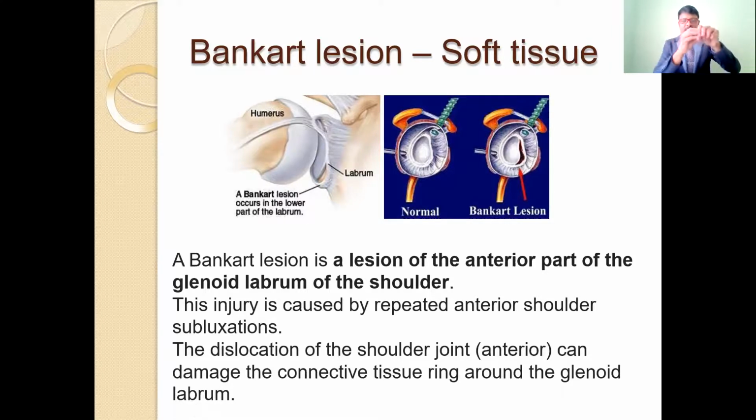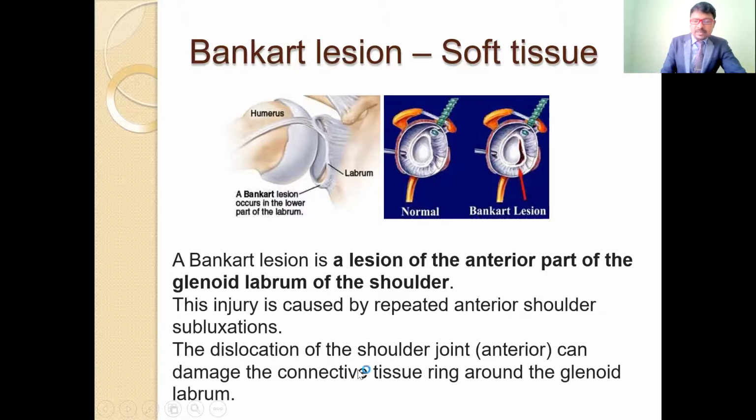Subluxation means partial displacement. For example, if the head of the humerus comes completely away from the glenoid cavity, that is a dislocation. Subluxation means only a slight displacement of the head of the humerus. Repeated subluxation may cause Bankart lesions, especially in sports injuries involving throwing activities, athletic activities, weight lifting, or overhead activities. These activities may cause subluxations because of rotator cuff muscle weakness, or if anybody has other lesions such as Bankart or Hill-Sachs lesions.